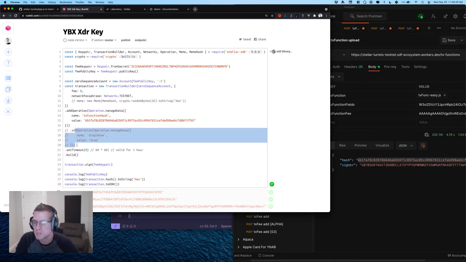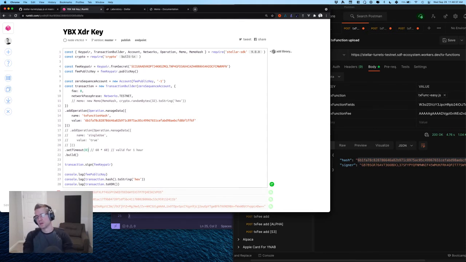And we could also set it to be single use, to where it can only be used one time. I'm going to leave that off so that this can be used multiple times. And then you can also set how long this token is valid for. If it's a single use, you have to set this to at or less than 1 hour,